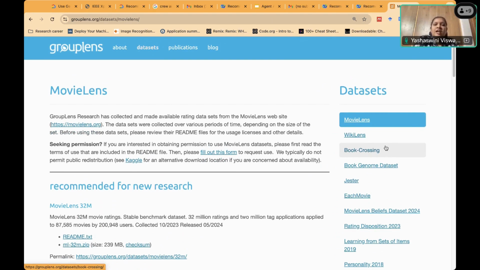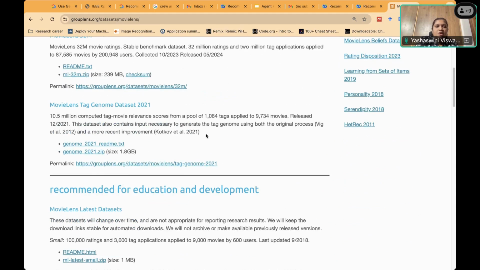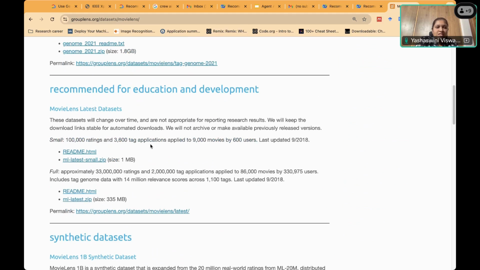GroupLens research has collected data from the MovieLens website and they have created this data set. So we have MovieLens 32M, 32 million ratings and 2 million tag applications. So you have 87,000 movies and you have 2 lakh users. And it says when it was released. So you have the other MovieLens data sets here.